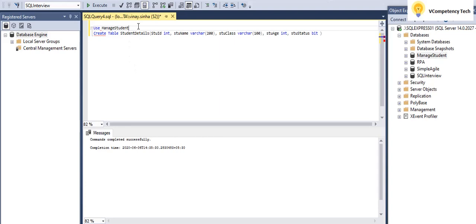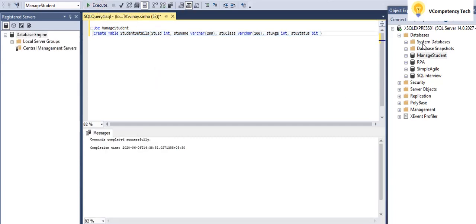Once I write use manage student, this database will open. See, came here. Now I am going to create a table under manage student. So I selected this and I clicked.